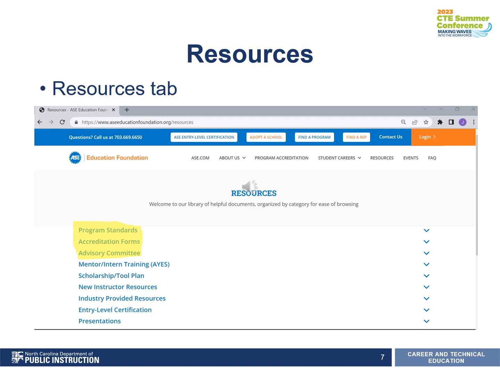There's a lot more information there with mentor internships, scholarships and tool plans. The instructor resources is a great resource for new instructors and established instructors, going over the basics. And again, a link to the education entry-level certifications.